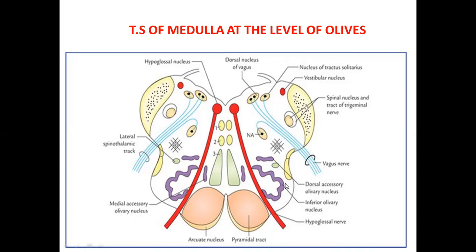The inferior cerebellar peduncle occupies the posterolateral part, whereas the inferior olivary nucleus is the largest mass of gray matter and it forms the most prominent feature in the section of the medulla oblongata, that is in the upper part of the medulla oblongata. It has a crumpled bag-like appearance.